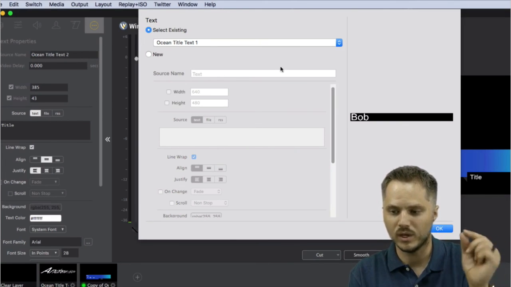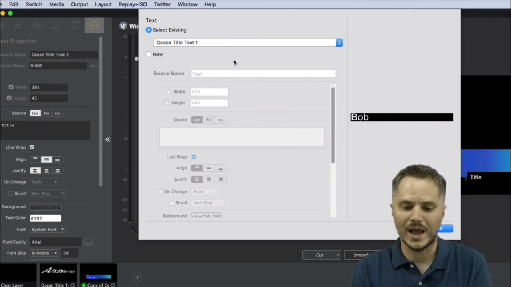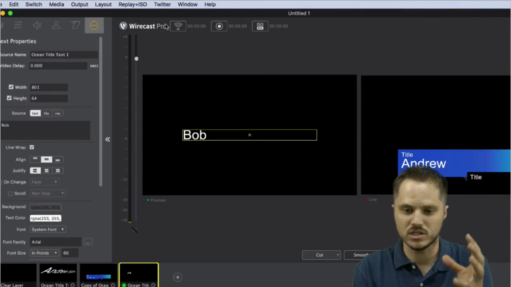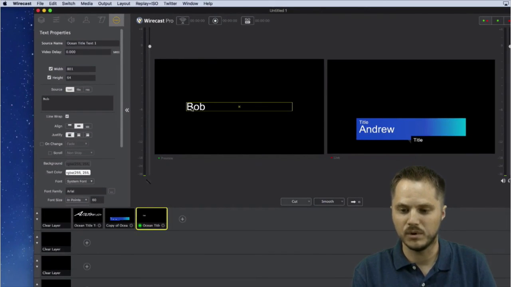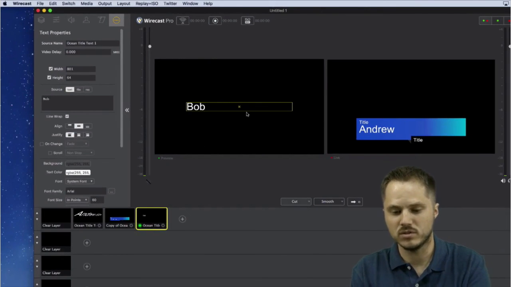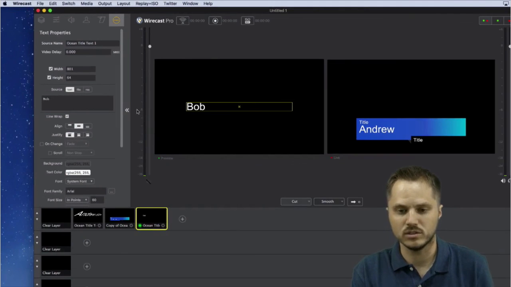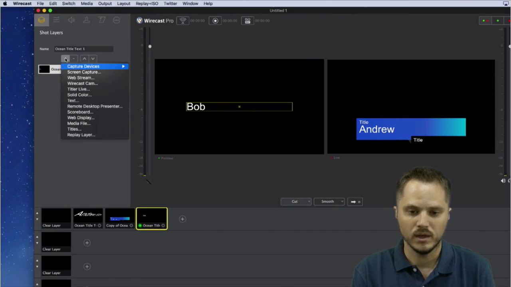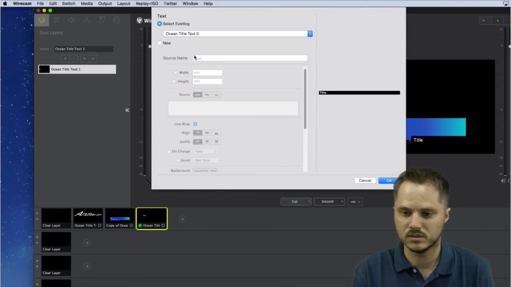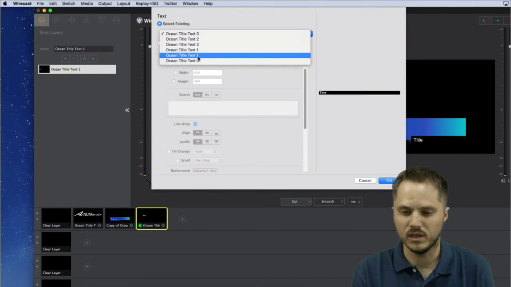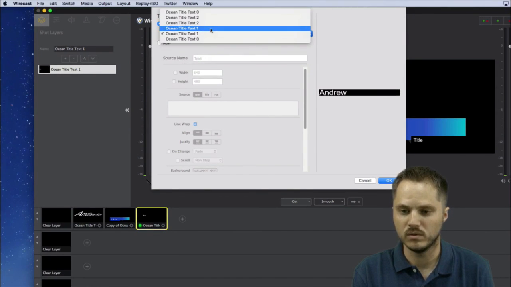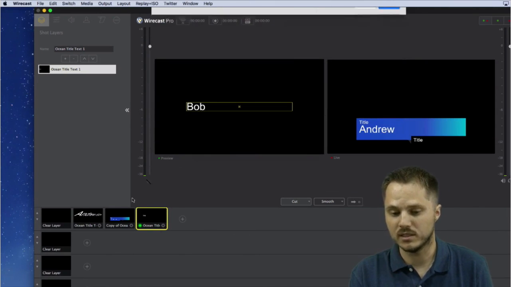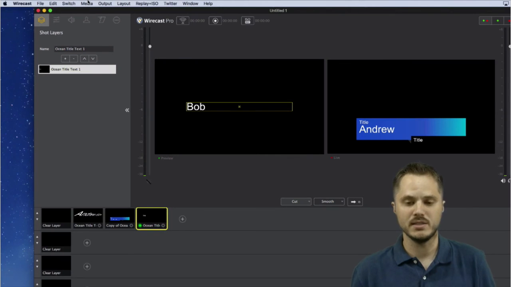Now, if you want to just quickly see what the source is, you need to add the same source again and then just select an existing one. And now that'll bring it back in. But it won't have any of those associated additional files, so you'd need to bring those in as well. And you can add those back in right here, again going to text and adding in the subsequent ones if you change those as well. So you've got 2 and 2 and so forth. Hope that makes sense. That's kind of how media asset management is in Wirecast 7.